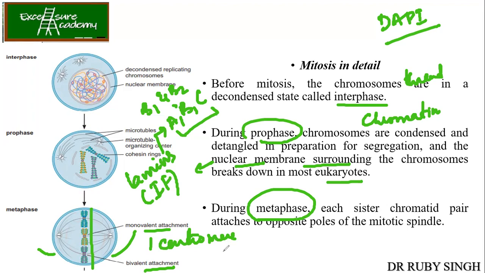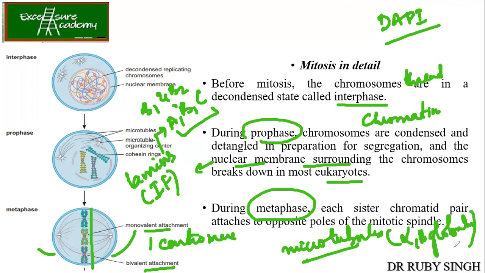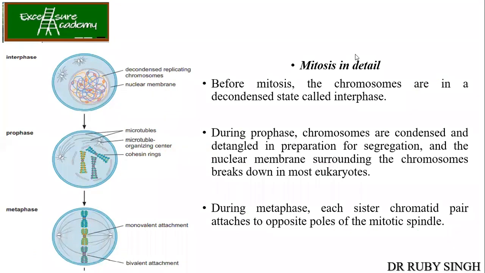Otherwise, if you have two centromeres, what will happen? There are chances that the chromosomes will break. Now, remember what these spindle fibers are. They are made up of microtubules. Guys, whenever you study, let's talk about microtubules. आपको मालूम होना चाहिए microtubules क्या है. They are made up of alpha and beta tubulin, right? How exactly are they formed? ये सब आपको मालूम होना चाहिए, so that whenever you're preparing for your exam, आपको एक ही बार में सब कुछ पढ़ना पड़ जाए, ठीक है. Whenever you do this, make short notes. If you're not able to remember, make short notes and then study. That's my advice for you guys.